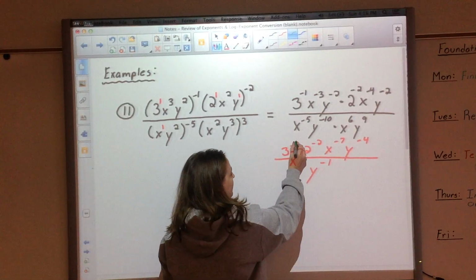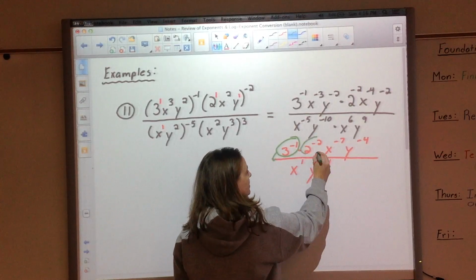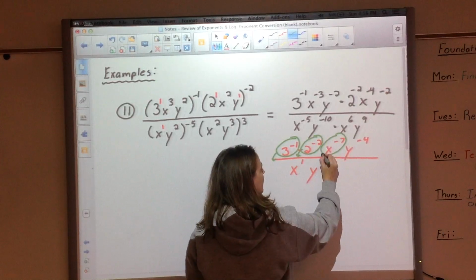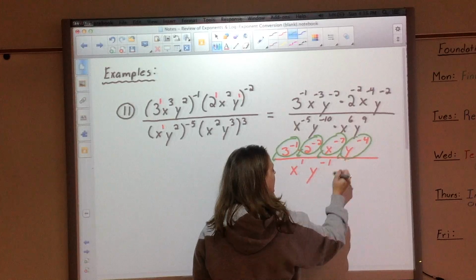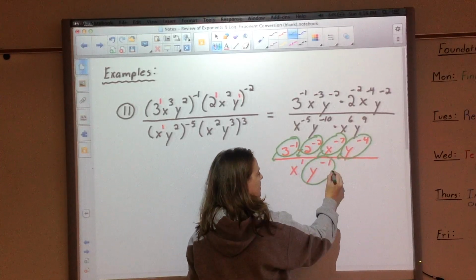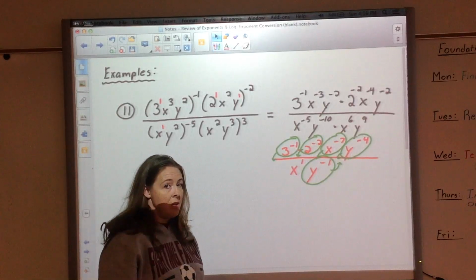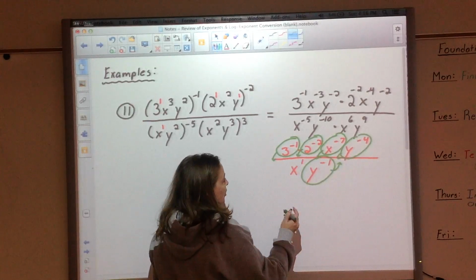So I know that this needs to go down, this needs to go down, this needs to go down, this needs to go down, that can stay because it's positive, and this needs to go up. Alright, so almost everything here is moving, almost. So let's rewrite. We will have